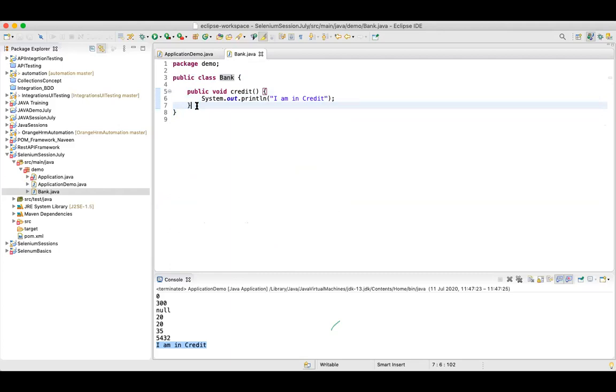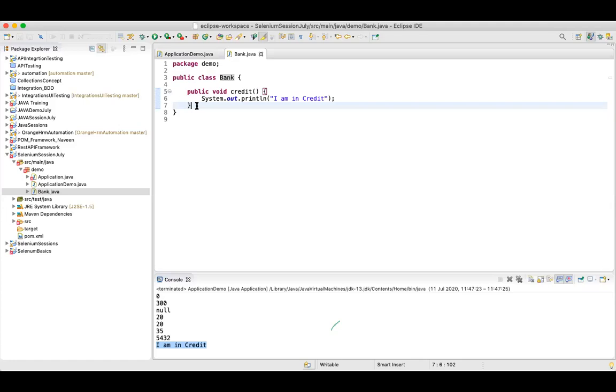So I would say that any entity in Java that has some state or behavior, make a note of this, you can call it an object. That is very similar to real world examples. Let's say a book, your laptop, these are all objects. They have some state and some behavior. And classes, as I said, are a group of objects. You can say it's a template, or a blueprint, but yeah, it's a group of objects.